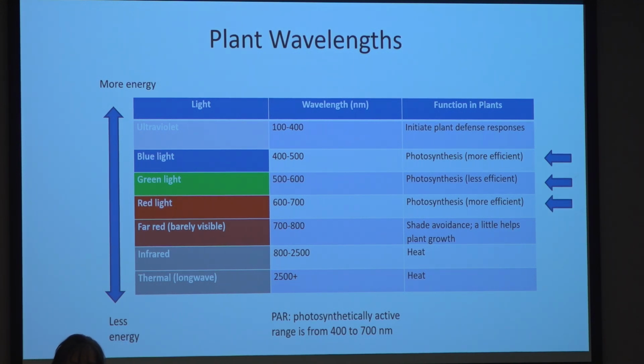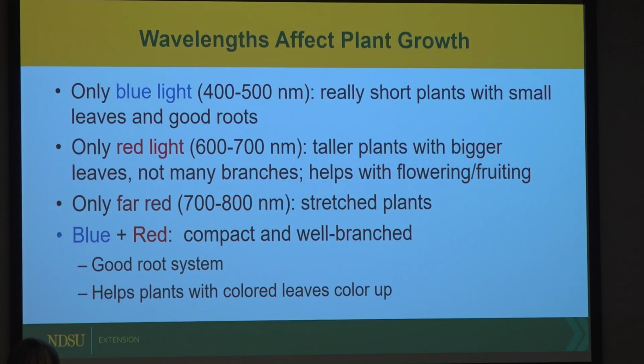And then we get into red light. Red light, once again, is more efficient. We also have far red, and I'll discuss that in the next slide. What would happen if we were to grow plants only under a single color of light? So if we grew plants just under blue light, they would be really short, really compact,